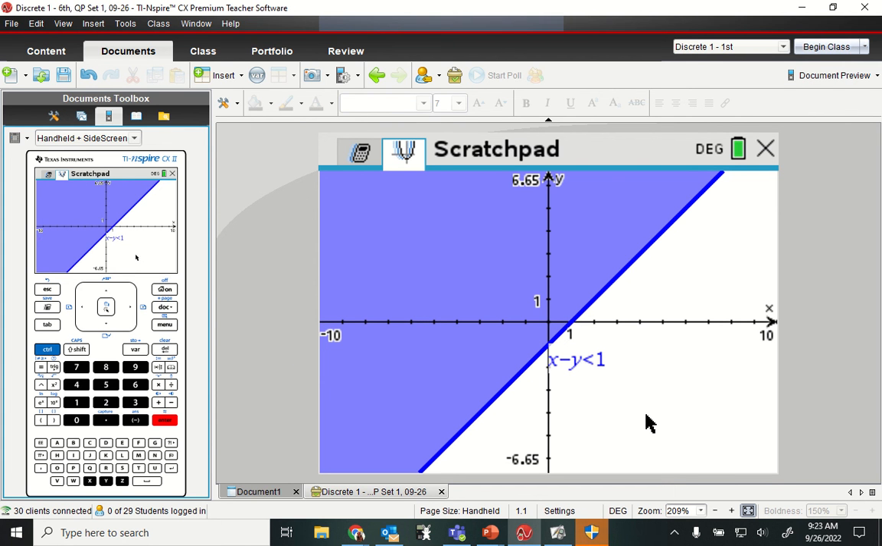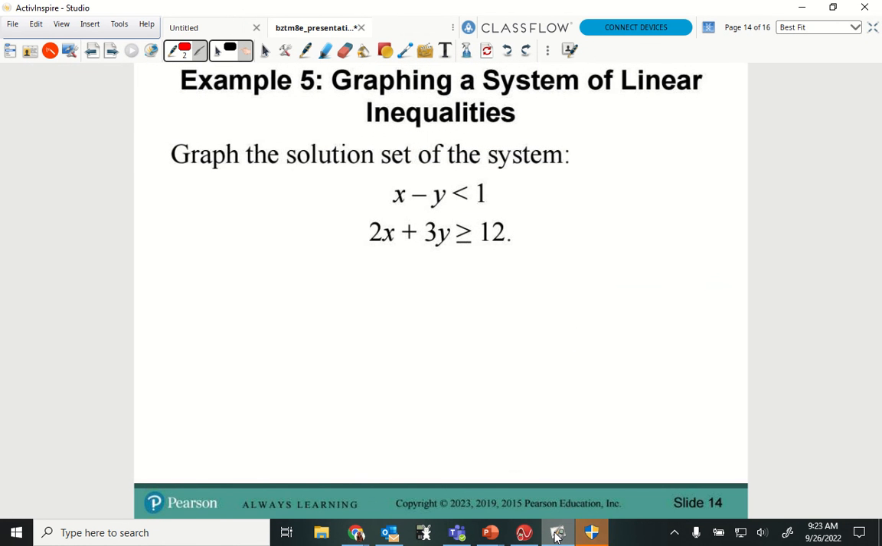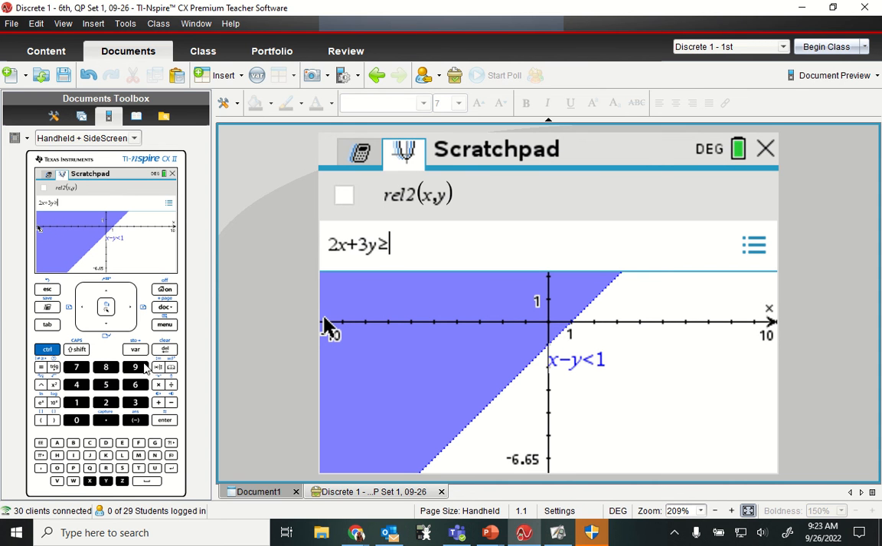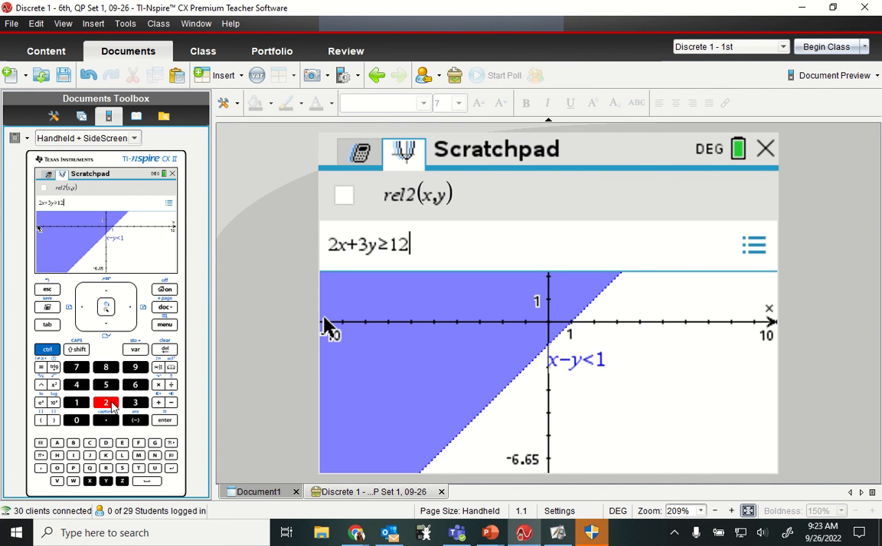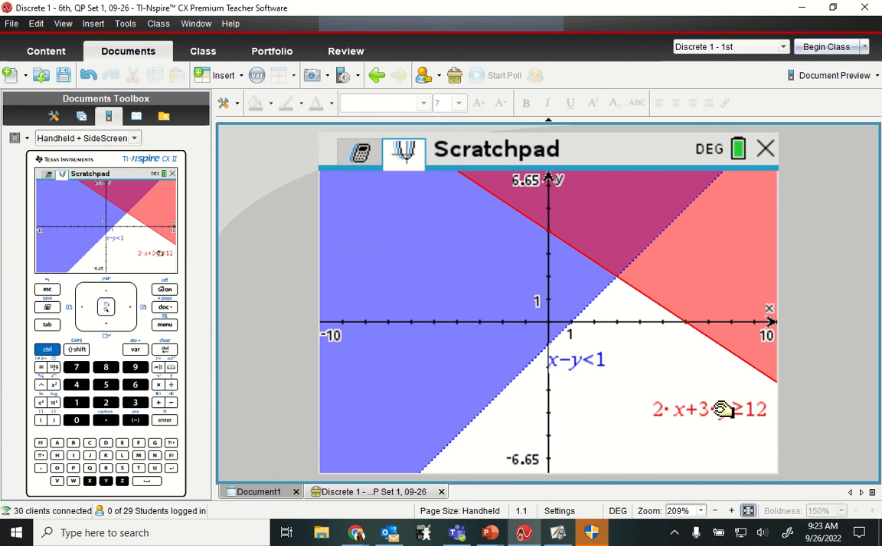And it's a system, so I'm going to do another one. Hit tab, and my second one is 2x plus 3y greater than or equal to 12. 2x plus 3y greater than or equal to 12. Now,